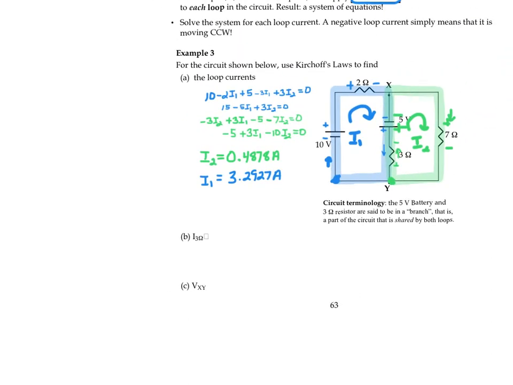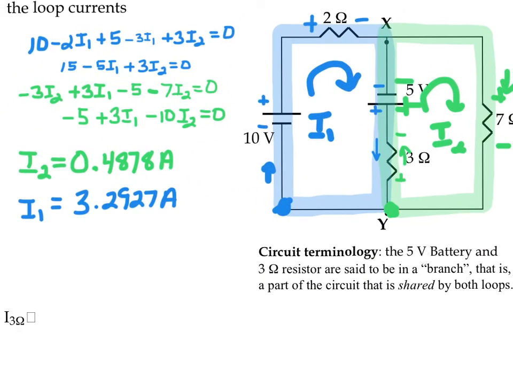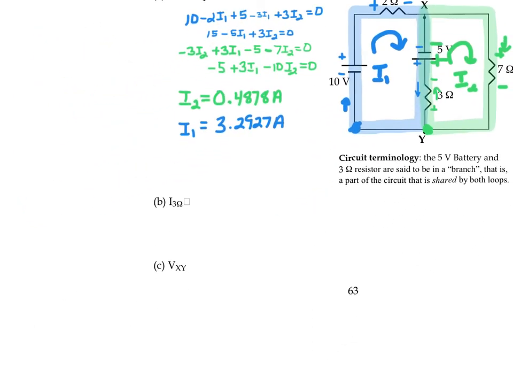Those are our two loop currents. Well, what about the current through the 3 ohm resistor? Notice, through the 3 ohm resistor, we have 3.2927 amps going down, and 0.4878 going up. So there's more down than up, so the total current will end up in the downward direction, the way this was drawn, and it will be my 3.2927 minus my 0.4878, and if you do that,